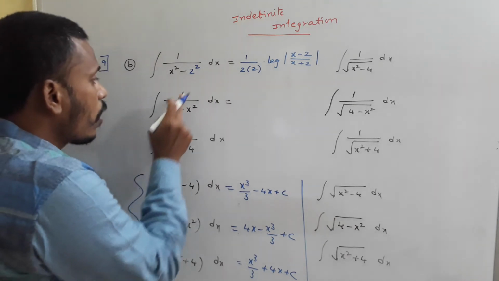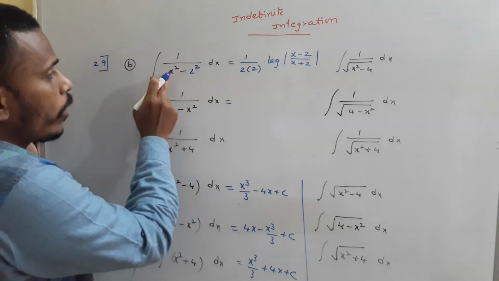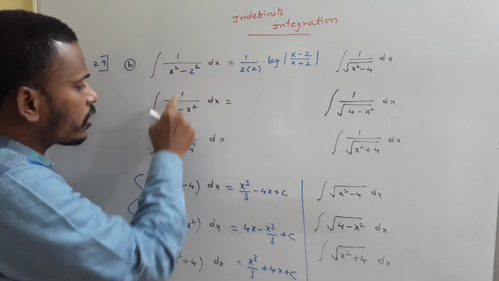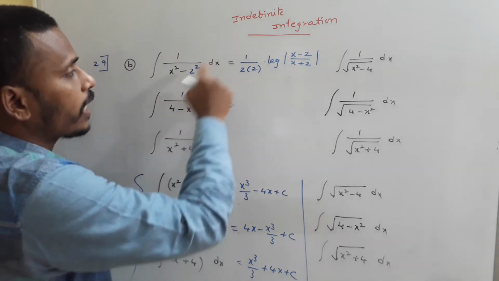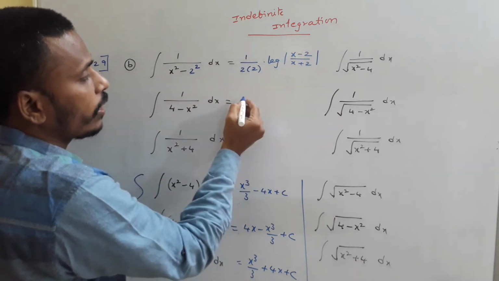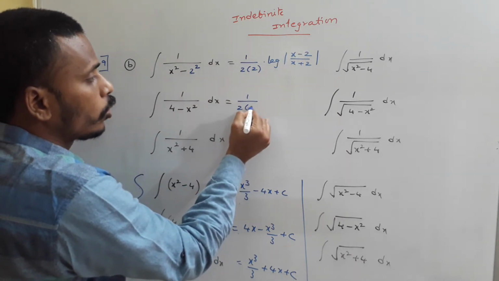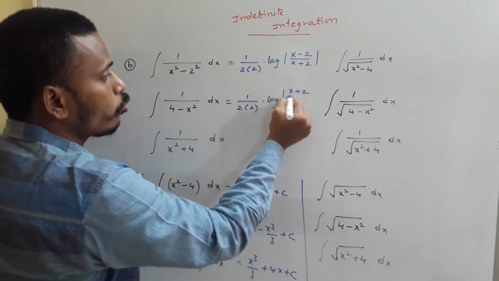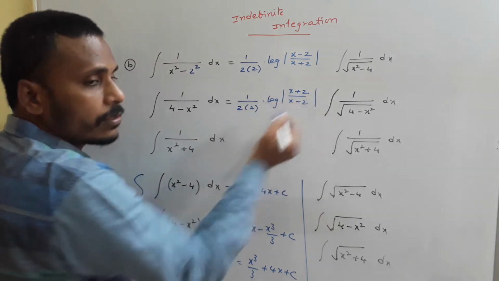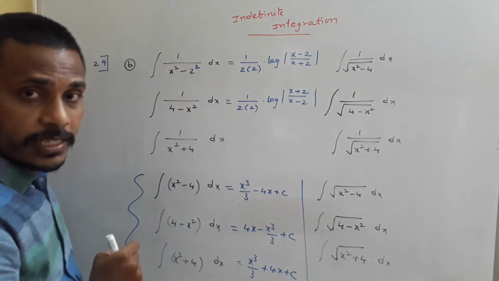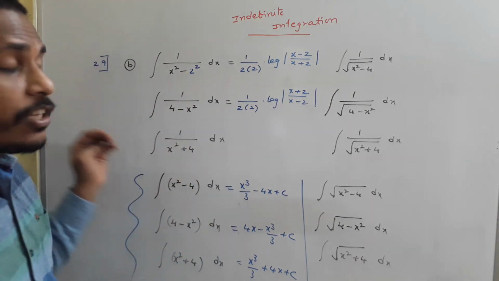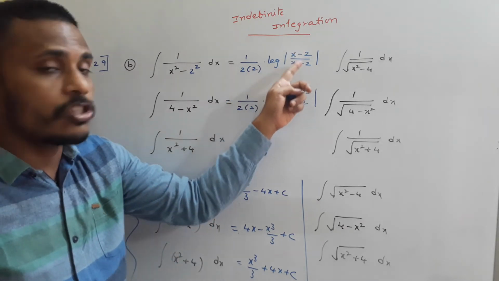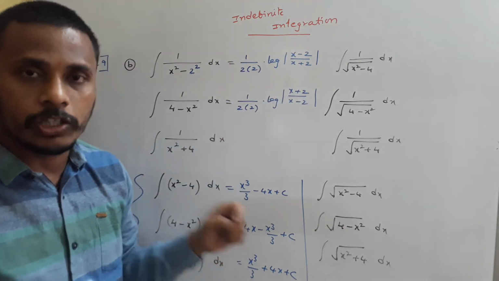Now what about 1/(4 minus x²)? So x² minus 4, 4 minus x². I already told you, there is just a change of minus sign. So if you attach that minus sign, these two terms will become reciprocals. So 1/2 into 2 is the same. Logarithm of modulus x plus 2 by x minus 2 is our answer. Since there is a change in minus sign for these two, automatically there is a change for the answers also by a minus sign. That minus sign will interchange these two terms of the logarithm by the laws of logarithms.